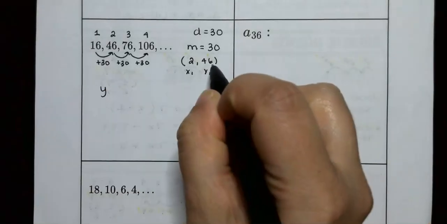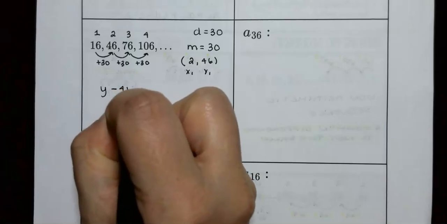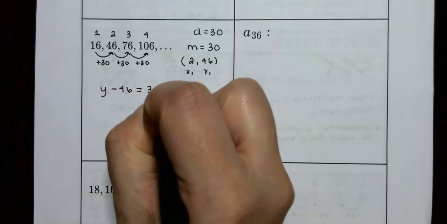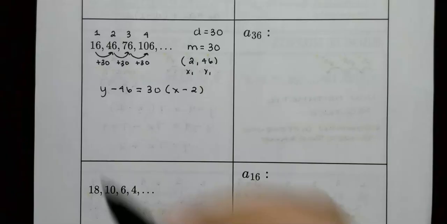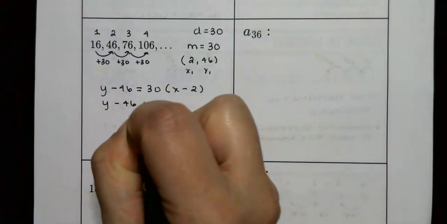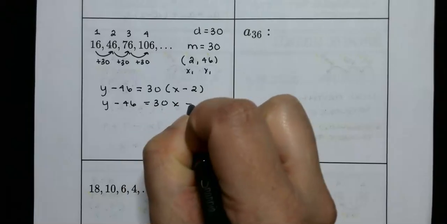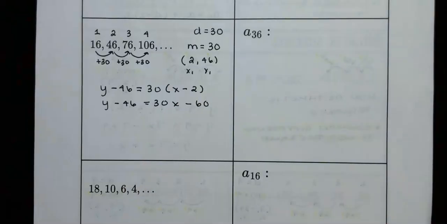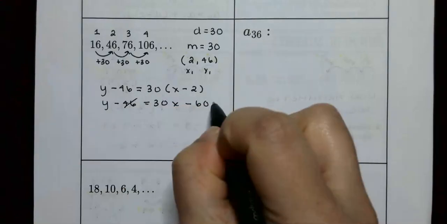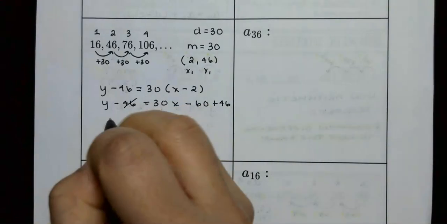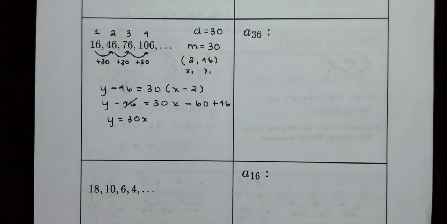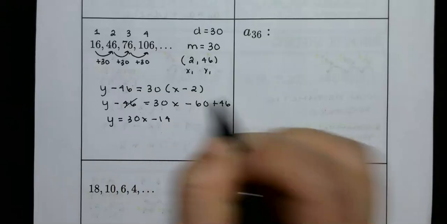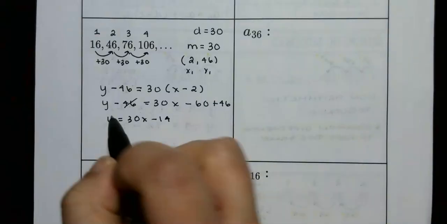We're going to say y, that's a positive 46, so negative 46 is equal to 30, x minus 2. All right, we're going to multiply by 30. So that gives us 30x minus 60. And because this is a negative 46, let's add it to both sides. So we get y is equal to 30x, and that's going to give us negative 14. Right. So now that we have our formula,